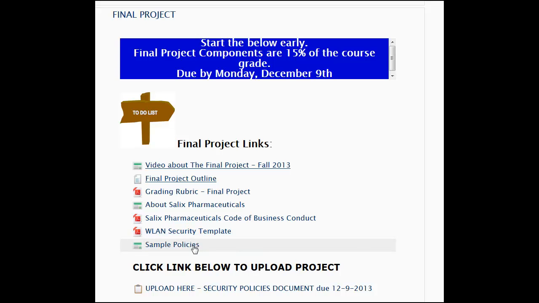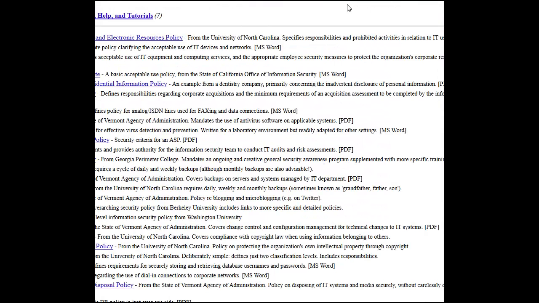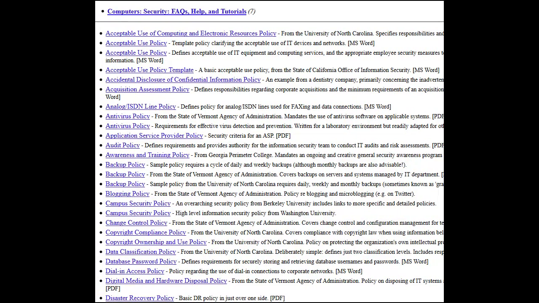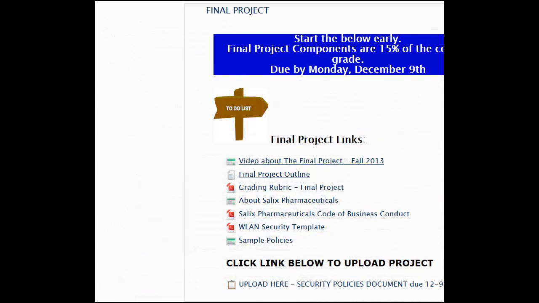There is also a link about all of the sub policies that you should include in your security policy, and that is called the sample policies. When you click on that, it's going to take you to a link, and it gives detail about all of the sample security policies. If you notice, you have your acceptable use policy, the backup policy, antivirus policy, your disaster recovery policy. So I would advise you to certainly visit that link, where you can get some general idea on how to create those sub policies. And then once you finish